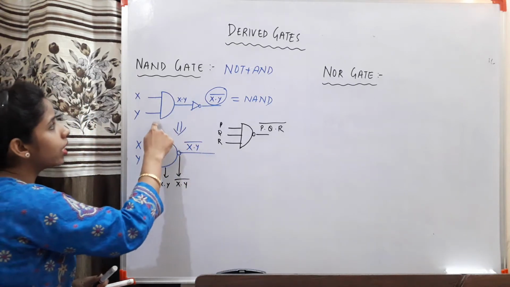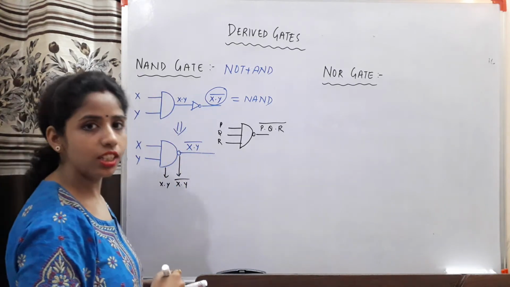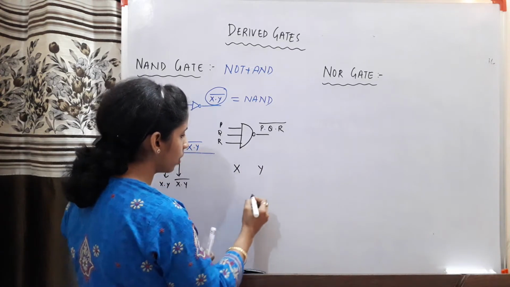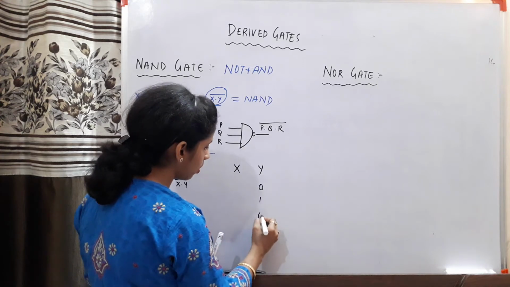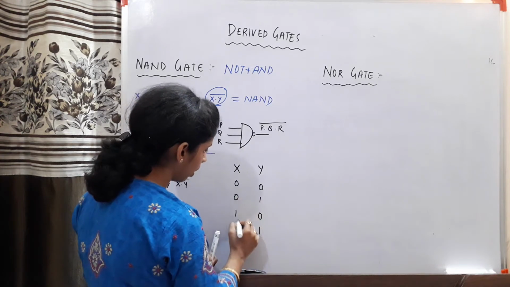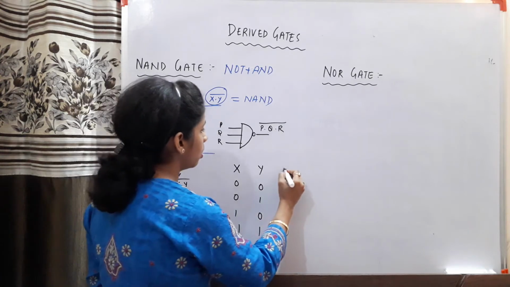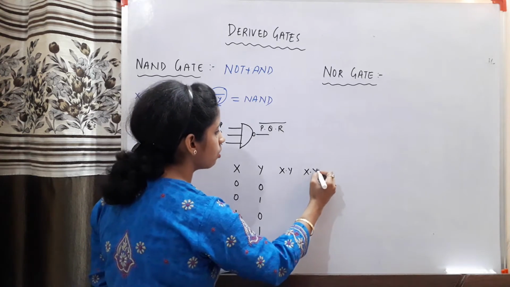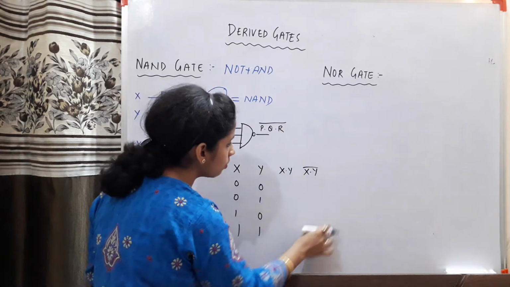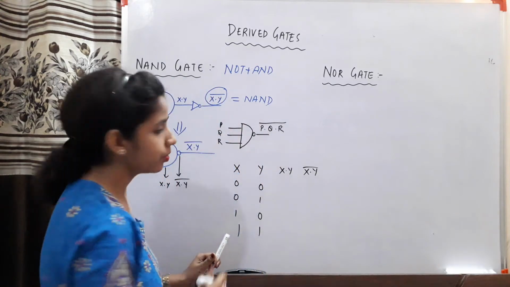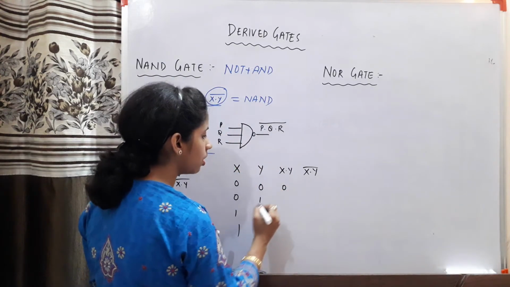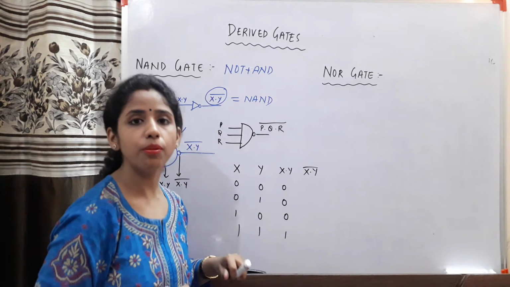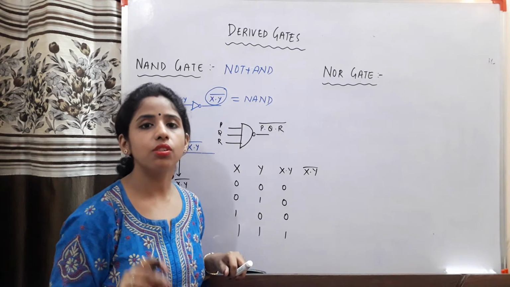As you know, this is a binary gate, so you will have at least two inputs. So I am showing you the truth table for two inputs. Suppose we have these two variables, and the inputs will be 0, 1, 0, 1 and 0, 0, 1, 1. Right? So we first find out X dot Y, and then we'll find X dot Y whole bar. The result of the last column will be the result of the NAND gate. So see here, X dot Y will give you 0, 0, 0 and 1, because in case of the AND operator, even if one of the inputs is 0, the result is 0.